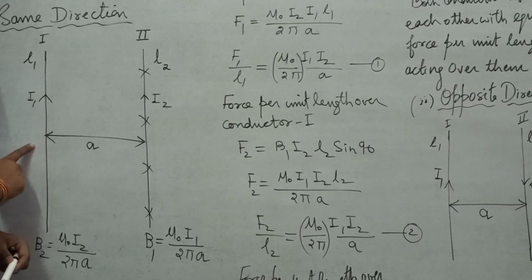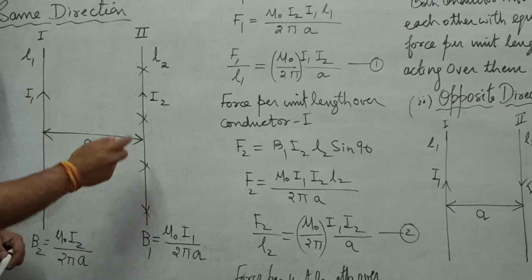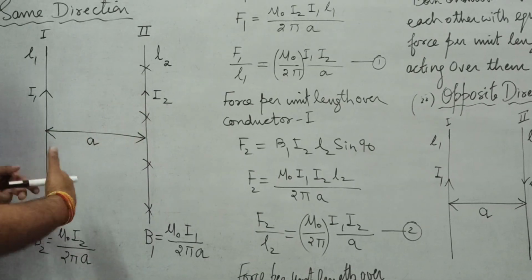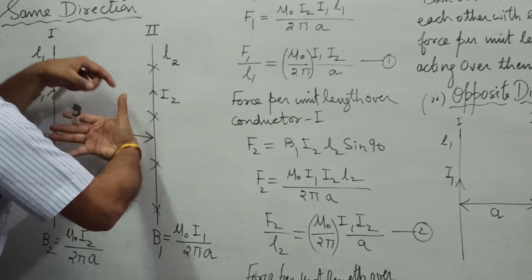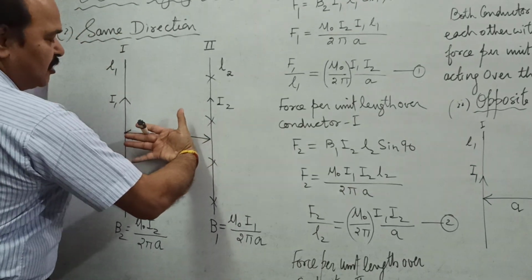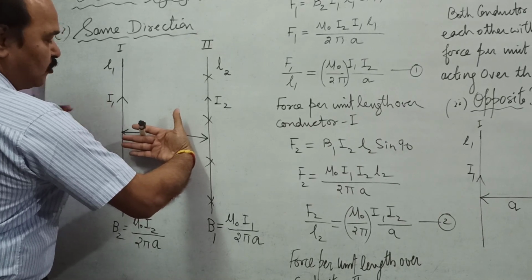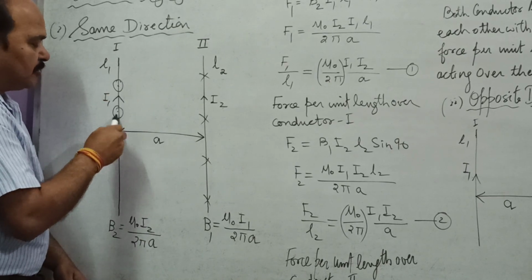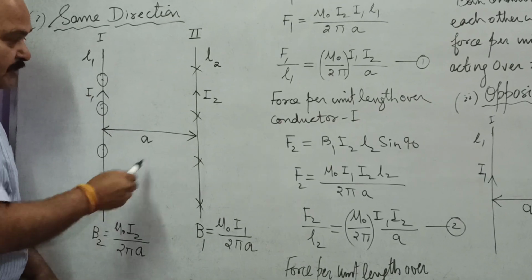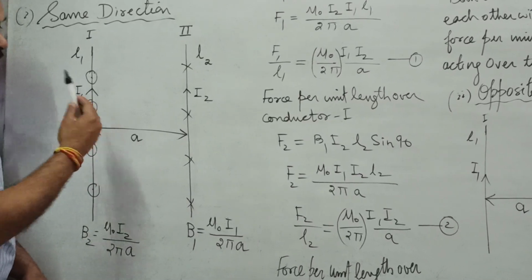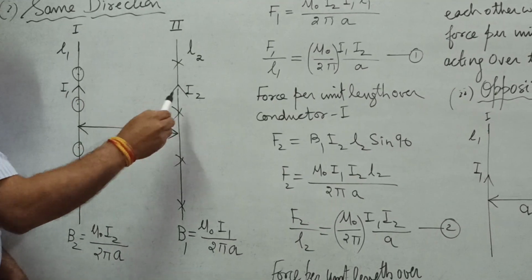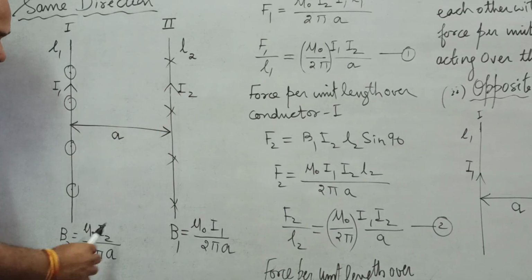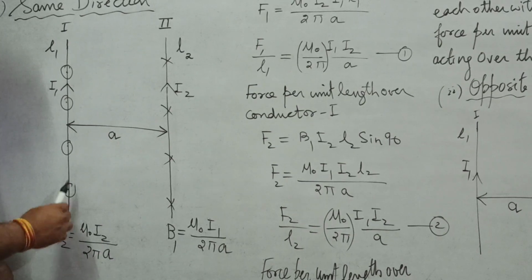Well, this conductor creates magnetic field here, and also this conductor creates magnetic field here. And the magnetic field because of this conductor here would be what? See, in this direction. This is thumb, current along thumb, and what is normal to the palm? Normal to the palm would be outward. So the magnetic field here would be dot, that is perpendicular outward. Because of this current carrying conductor, magnetic field here is in this direction. The value of magnetic field is going to be mu naught I2 upon 2 pi a. This is the magnetic field here.